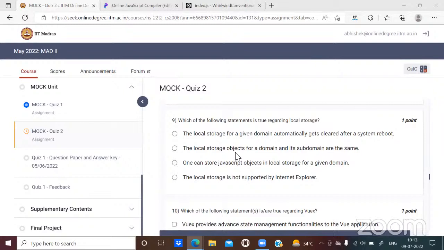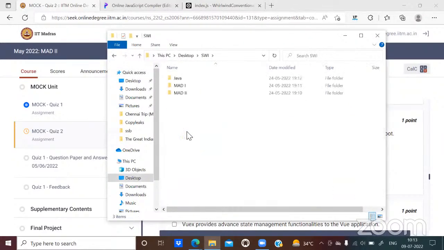Okay. So the local storage objects for a domain and its subdomain are the same. That is again not a correct option. Maybe I can show you one example, that just after changing the port number, these things go away. Maybe what I can do is I can open VS Code, if I have something.